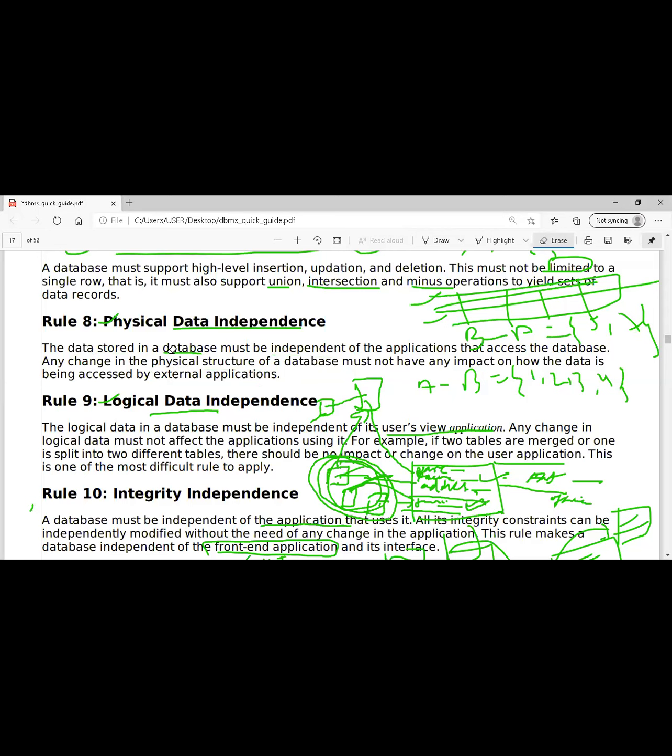Whatever data I'm storing in the database, it should be independent. As I told you, independence means platform independent. So if I'm using a MySQL database, and I'm using Microsoft Windows 10 as my operating system, and my database has been developed over there, that is where I'm trying to store my data.